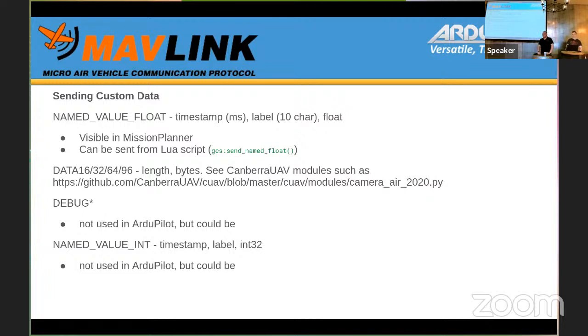Yes. If you wanted to send latitude and longitude as two named value floats, well, first of all, a float can't represent a latitude better than 1 to 1.5 meters, depending on where you are on the Earth's surface. But your latitude and longitude are going to arrive at different times, and they won't necessarily be consistent with each other. If you need to send something like a quaternion, it starts to get very, very messy. The bandwidth consumption would go up enormously. It would no longer be possible to use standard SiK radios.